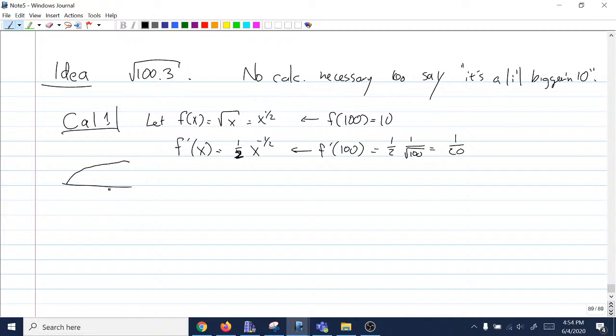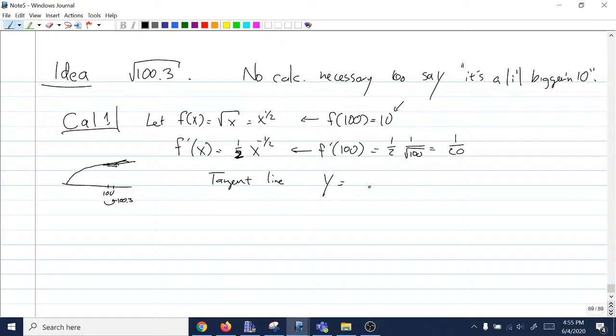The idea being that somewhere out here at 100, if you want to move over a little bit to 100.3, when you know the slope of the tangent line, you get a pretty good estimate for how much the function is going to wiggle from 10. We already knew it was a little bit bigger than 10, thinking about a differential. If you ever talked about those dx problems, this is that kind of deal. A differential lets us say it's about this much bigger than 10. F prime of 100 is 1 over 20. The tangent line is